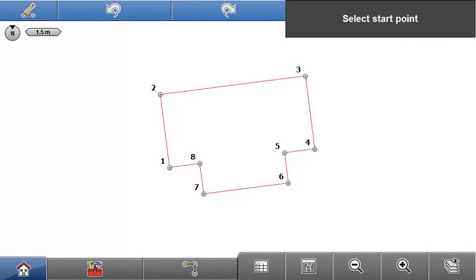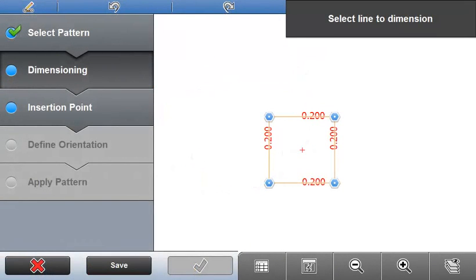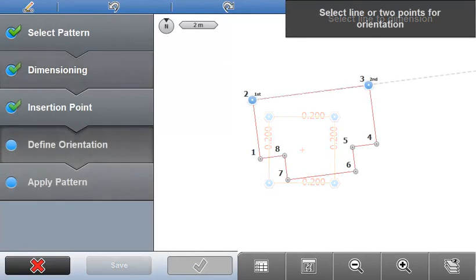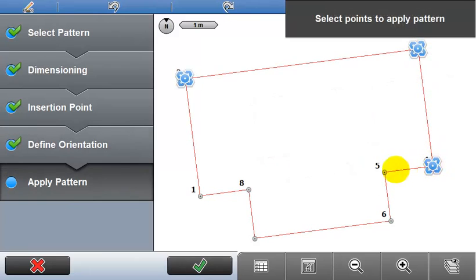The Patterns feature in sketching allows you to add point detail to existing data, which can then be directly staked out in the field. It is often necessary to apply further detail to design data. Anchor bolts or steel columns are often not part of the initial plans, but their precise position still needs to be located. The Patterns function allows these details to be added to existing point data without the need to return